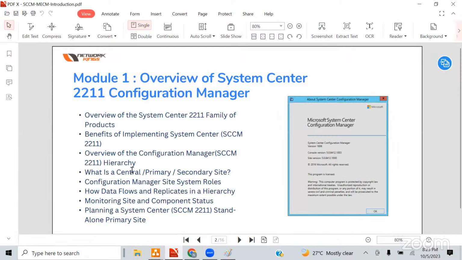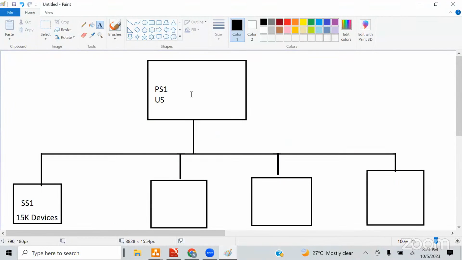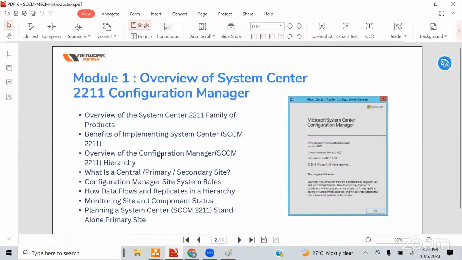Yeah, so configure manager site system roles, how to configure it, how data flows and replication in hierarchy, how this hierarchy will work, how primary site will be able to send the data to secondary site, right? So all these things we are going to understand in module 1, and then we will plan to configure our primary site, how to configure the primary site. Then in that case, we are going to plan in module 1, right? Then in second module,